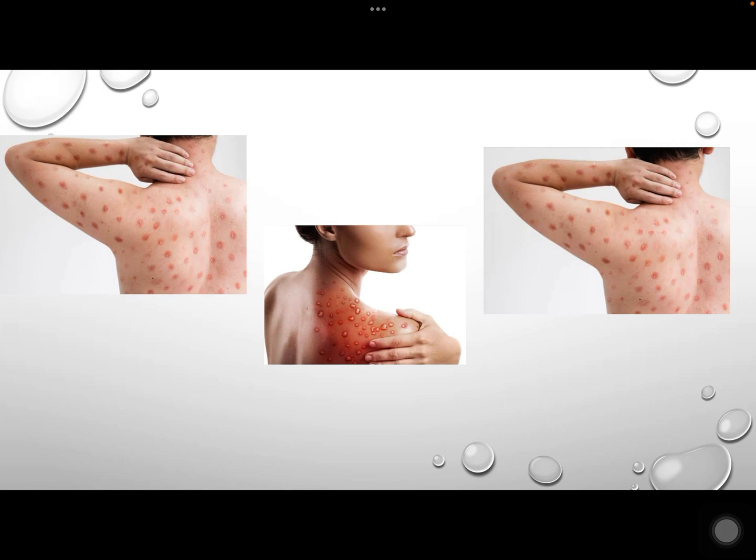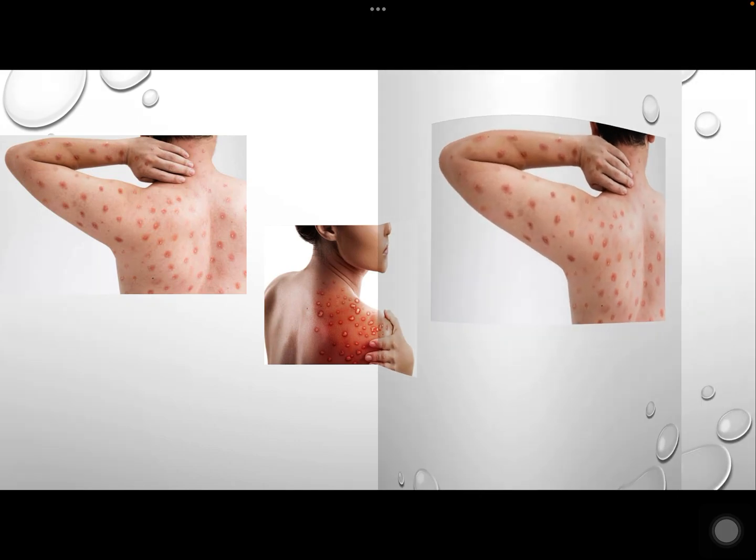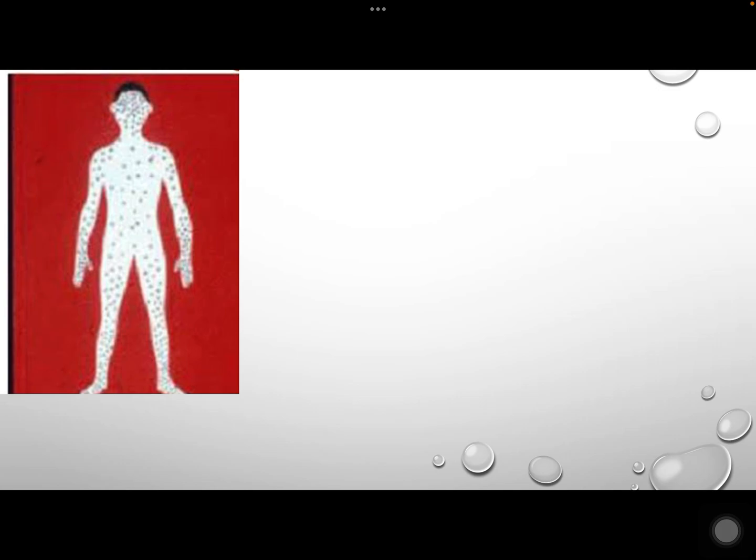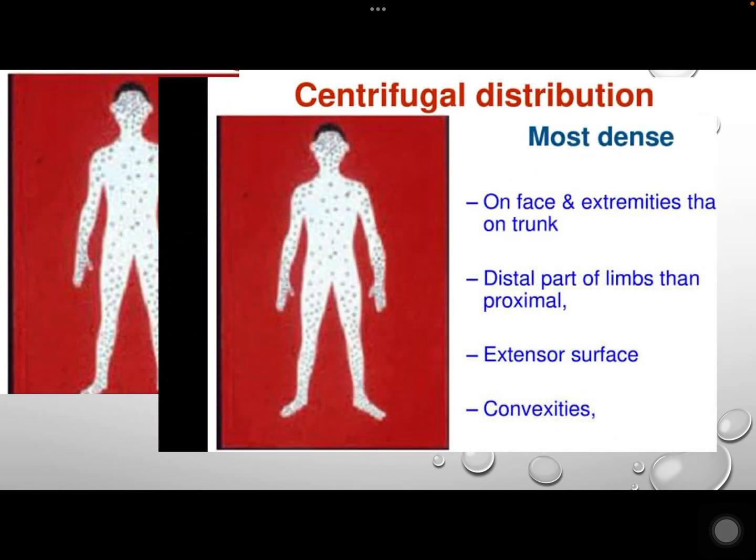In the typical cases, the fever often declines on the day or up to 3 days after the onset of the rash. The rash will first appear on the face and will quickly appear in a centrifugal distribution across the body. The centrifugal distribution means that there will be more lesions on the extremities and the face rather than the abdomen and trunk. Lesions in the oral cavity cause difficulties with eating and drinking and thus hinder the nutritional intake